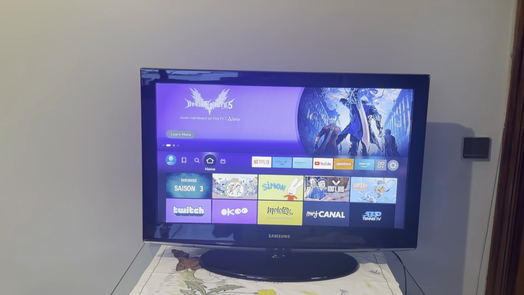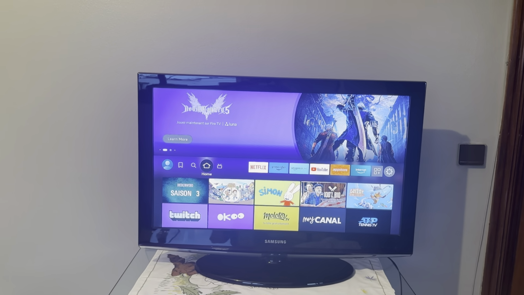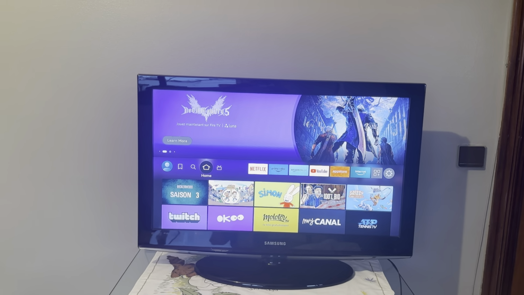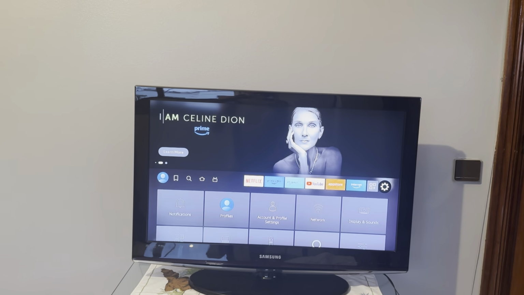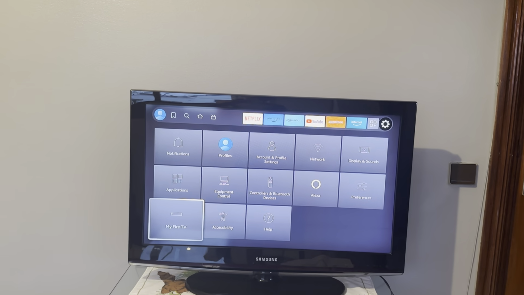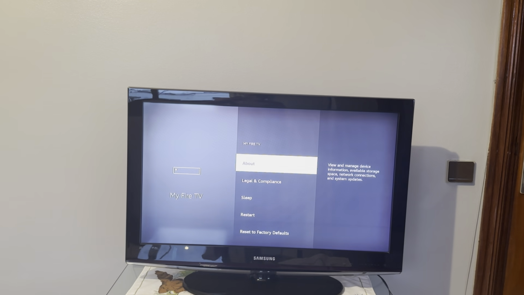Hi guys, I will show you in this video how to install IPTV Smarters Pro on your Amazon Fire Stick. So first you will need to go to the settings, then go to My Fire TV, click on it, then